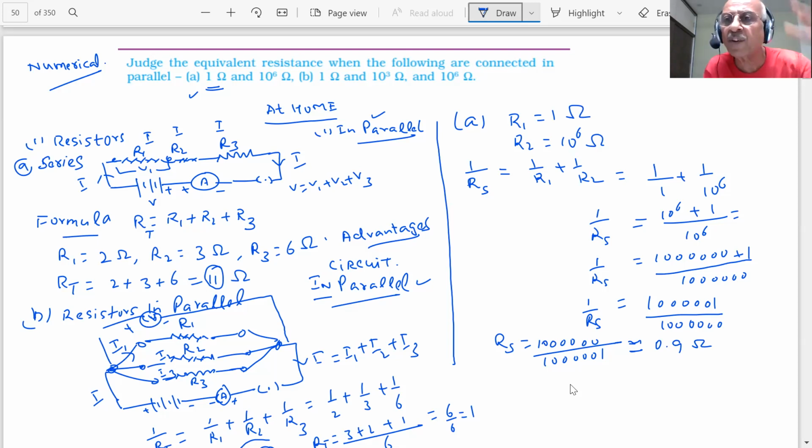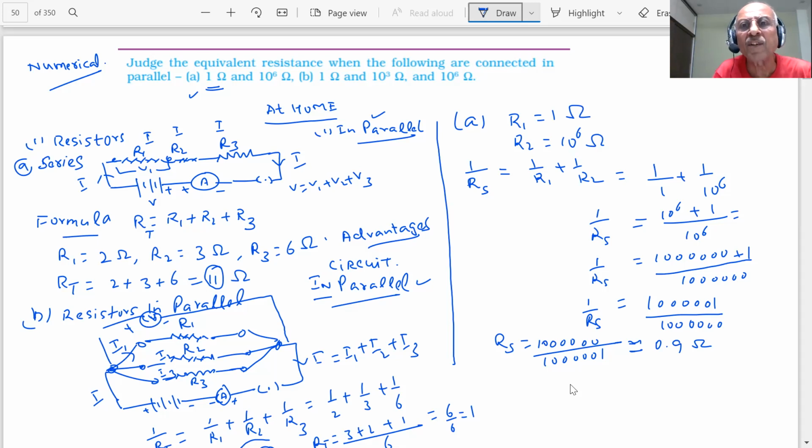This is such a high resistance, students, because in a parallel circuit there are certain appliances which have very high resistance and certain which have very low resistance. The total resistance is becoming lower than even the lowest value of the resistor. Important point to note. Is it clear to you? Very important point.